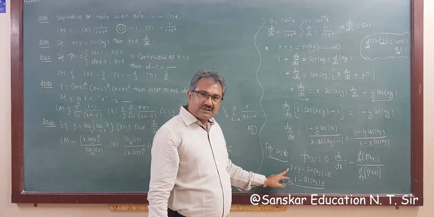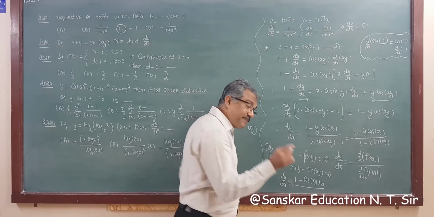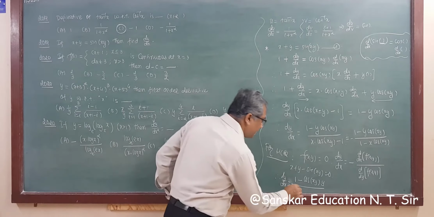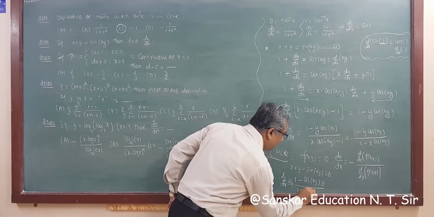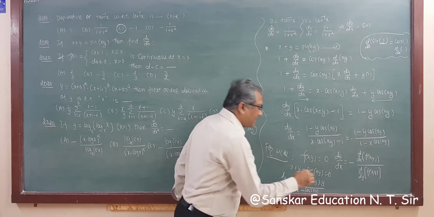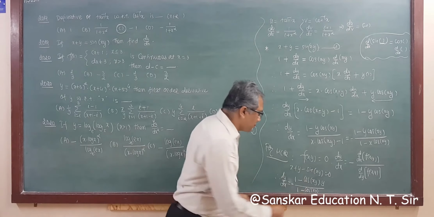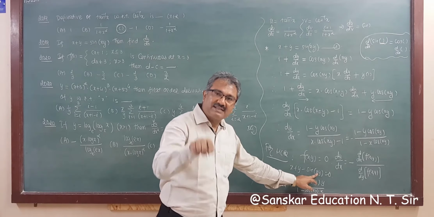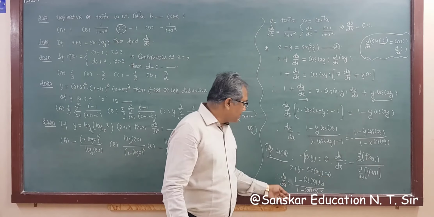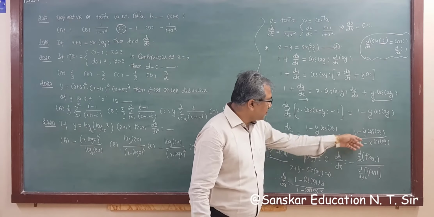Now again, x is constant so 0, the derivative of y with respect to y is 1, minus the derivative of sin bracket is cos bracket, and now x is constant, so x as it is, and the derivative of y is 1, because we are differentiating with respect to y, right? So this is your answer. Now compare, both answers are the same.